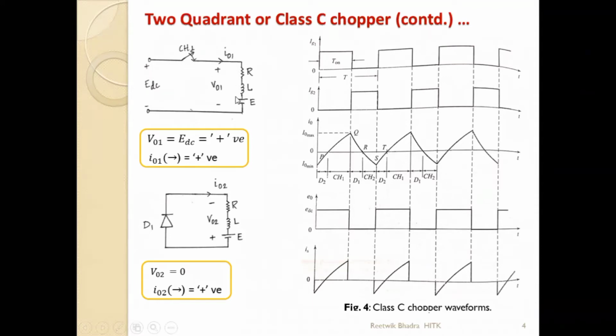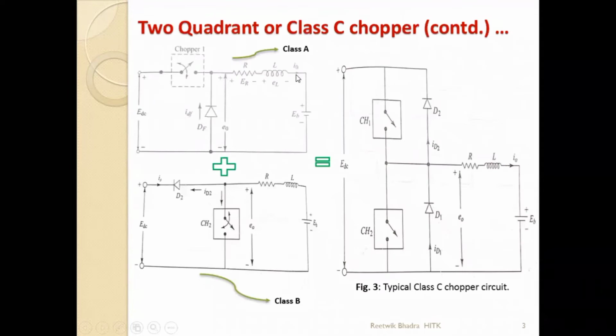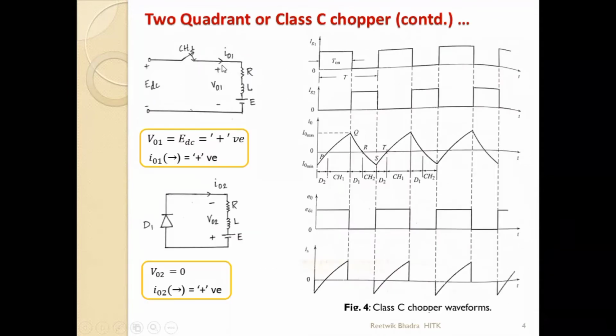So plus to CH1, then RLE goes in this direction. This is when the inductor charges. Now remember one thing, you should take a conclusion from all these studies we have done earlier, that when the chopper is on, meaning when the switches are on, my inductor gets charged, and whenever the diode is on, the inductor is discharged. So remember, whenever there is a chopper in the circuit, the inductor is charging, and whenever there is a diode in the circuit, the inductor is discharged. So I01 and I0 are in the same direction.